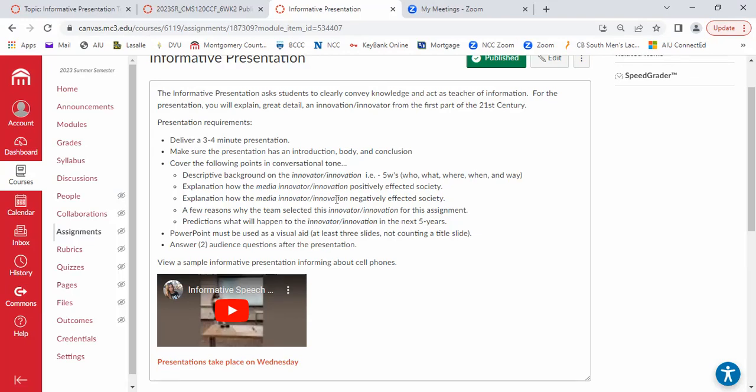Make sure your presentation has some structure to it, and we're going to talk about structure leading up to the speech. Make sure it has an introduction where you warm your audience up. You get them engaged. You give them an understanding of what you're going to be talking about throughout the speech, preview your main points. Then you jump into the body of your speech, which is going to be the vast majority of your presentation, the informational part of it. And then the conclusion.